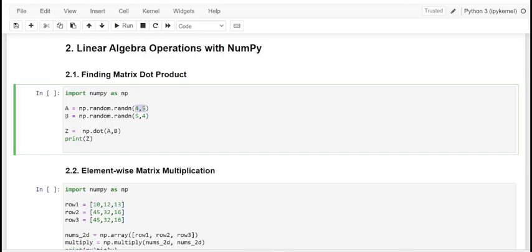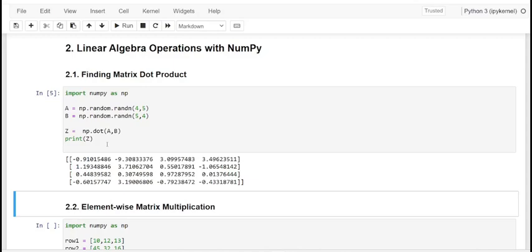And the second matrix B, here we are just creating randomly, and it's a 5 into 4 matrix. And when doing the product function, that is matrix multiplication, matrix dot product, here we just get the execution of it.